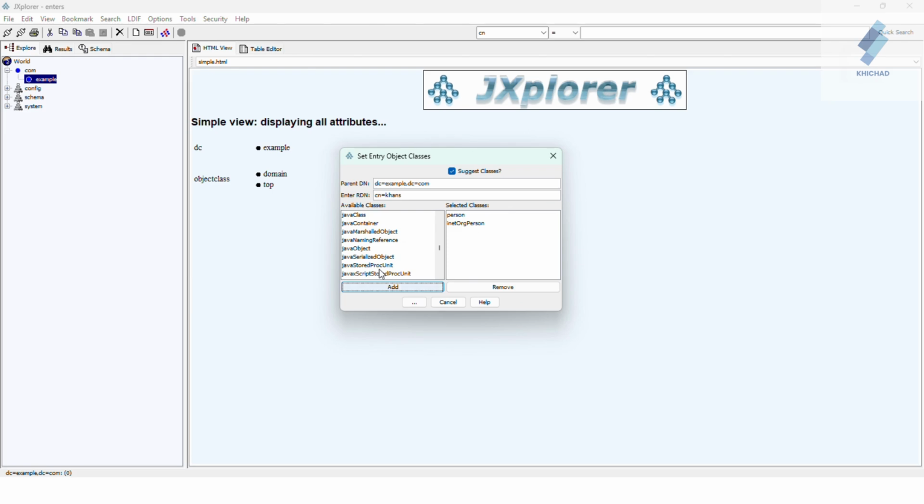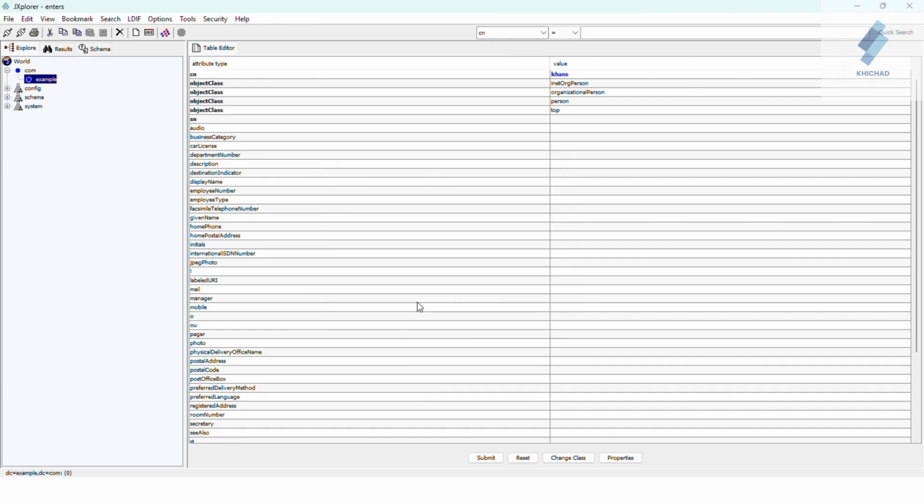Next is top. After inetOrgPerson, select top and click on this. After that, it opens the new table editor.